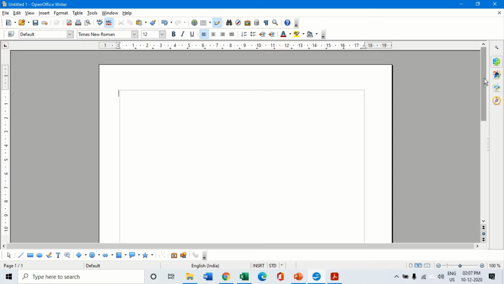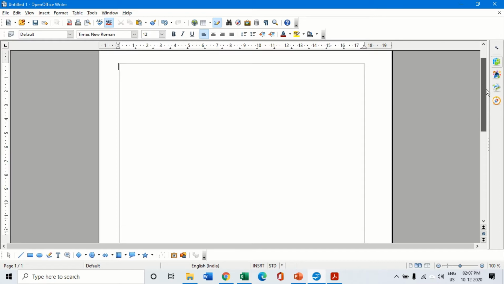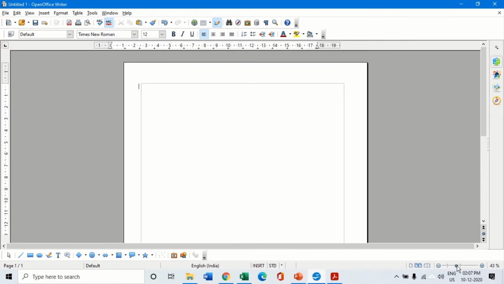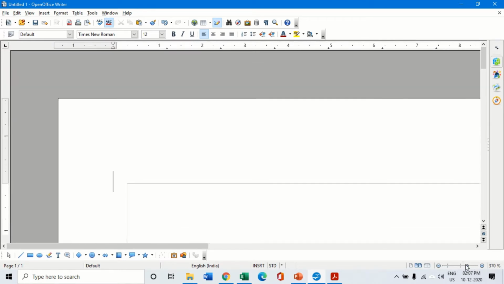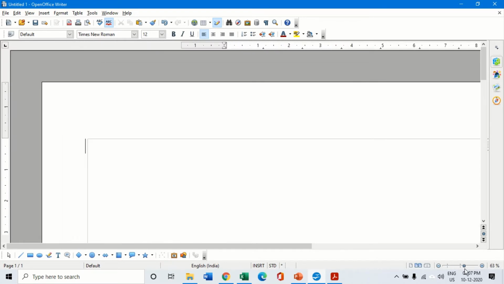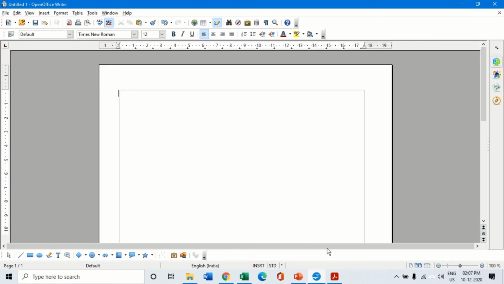Now on the extreme right hand side is the bar which is called the scroll bar, which helps you to move around the document. This is for the next page. If your document contains multiple pages, then you can directly navigate to the previous page or the next page using these buttons. This part is called the zoom control, which helps me to zoom in and zoom out of the document. The center part is the 100% zooming. Here it goes on reducing or increasing depending upon the zoom level.